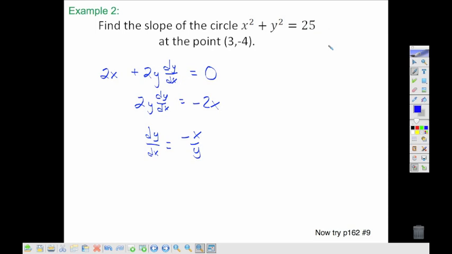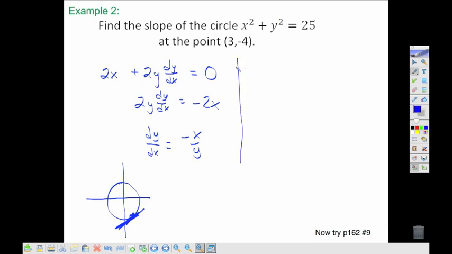If I had solved this first for y, I could have written y is equal to plus or minus the square root of 25 minus x squared, and I could have taken the derivative of that, except that I have this plus or minus here, which means we would have to break this into a couple of functions when we think about our derivative. But in using implicit differentiation, I can just choose whatever point I'm looking at on this circle, in this case 3, negative 4, maybe down here somewhere,